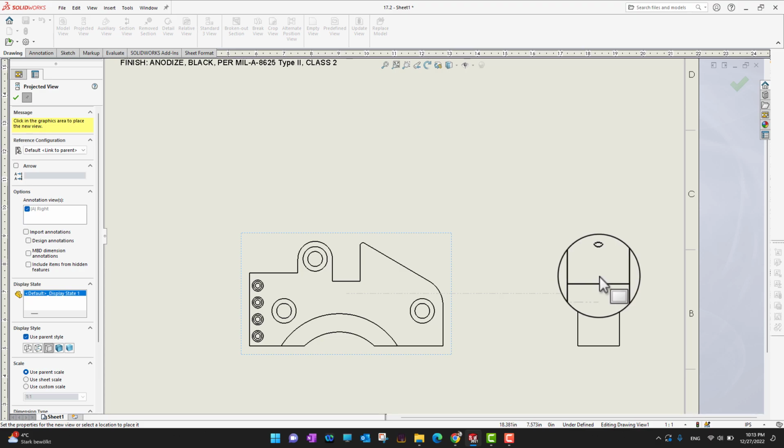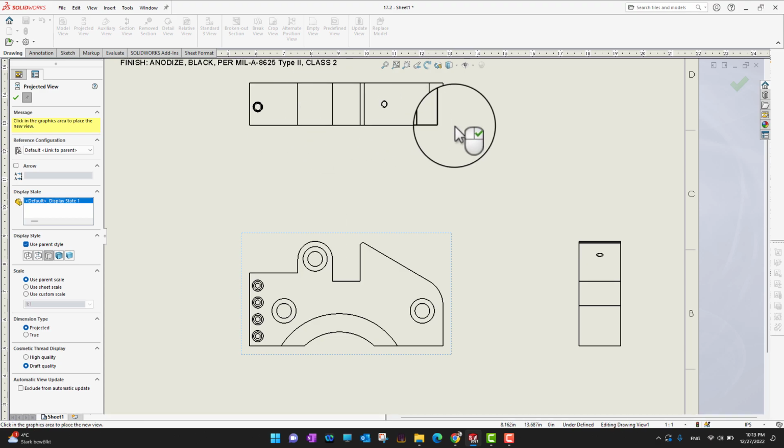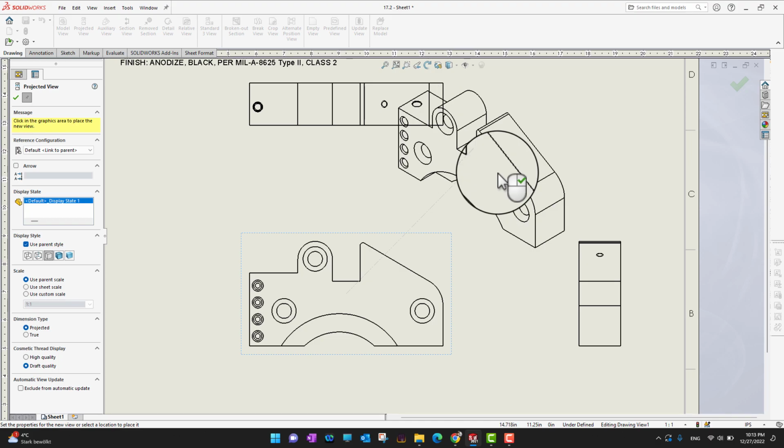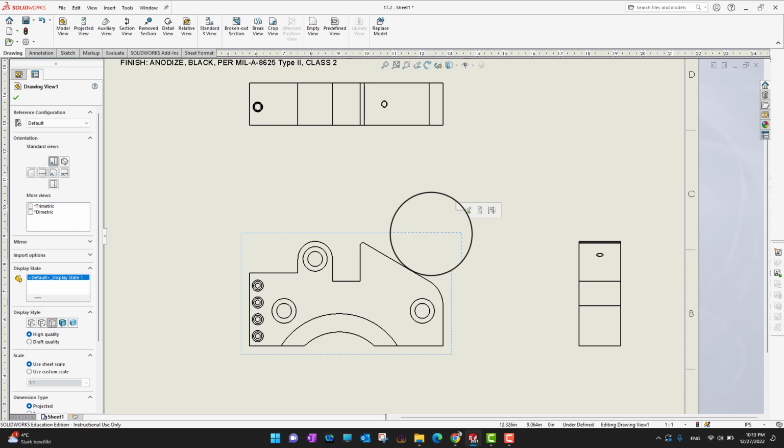Like if I want to add the right view here, or the back view on the top, or some auxiliary view here. But I don't want an auxiliary view right now, so I'm just gonna press the escape key on my keyboard. And there is another thing: if I select this main view, which is the top view,